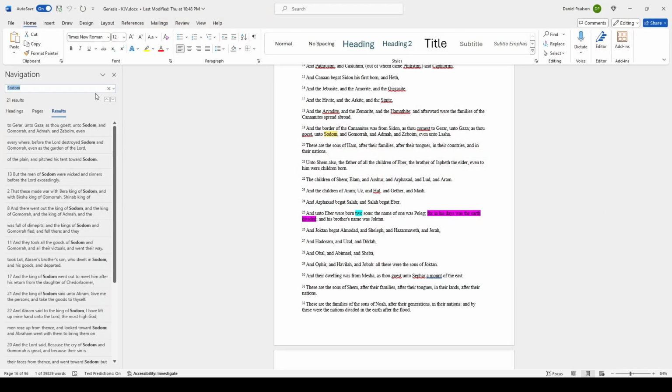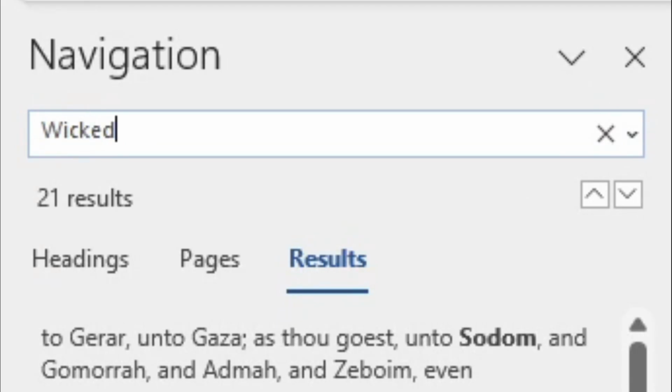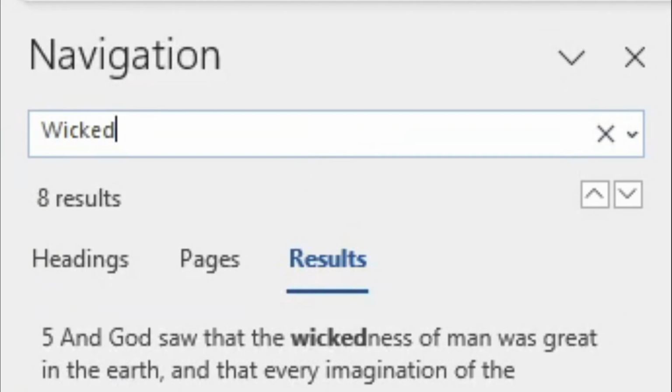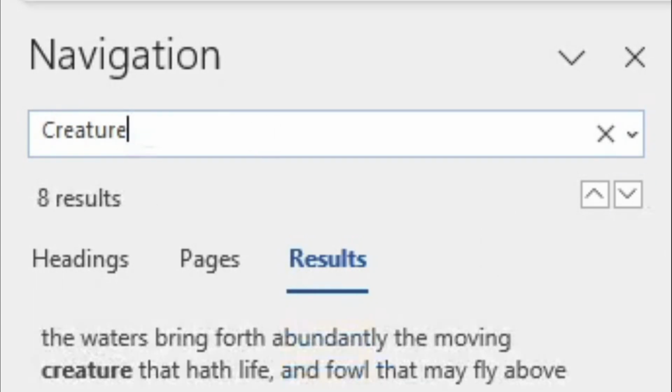Reading through Genesis, I find wicked. Wicked shows up 8 times. Wow, that's right after pure. Wicked. That is like first sin. Could it be? Let's keep looking to see if that was an accident or not. What else can we find here? 8 times. Well. Okay, what about, let me see, grab another one here.